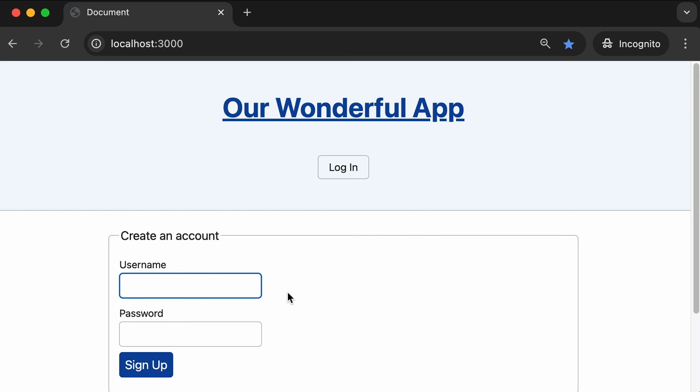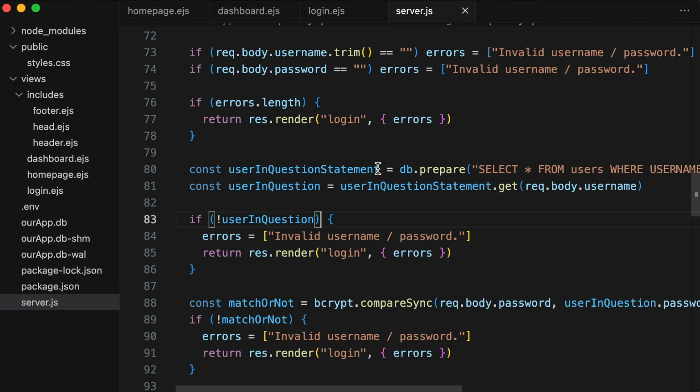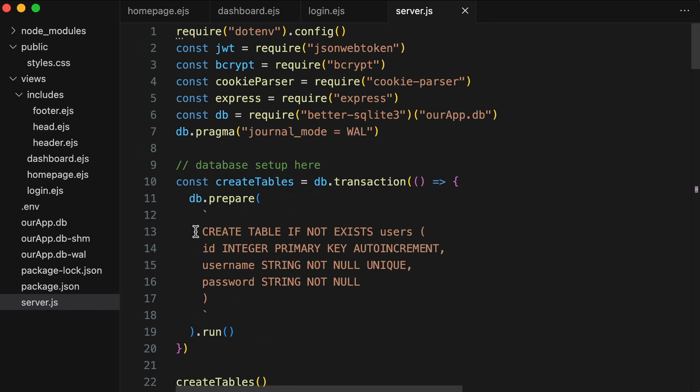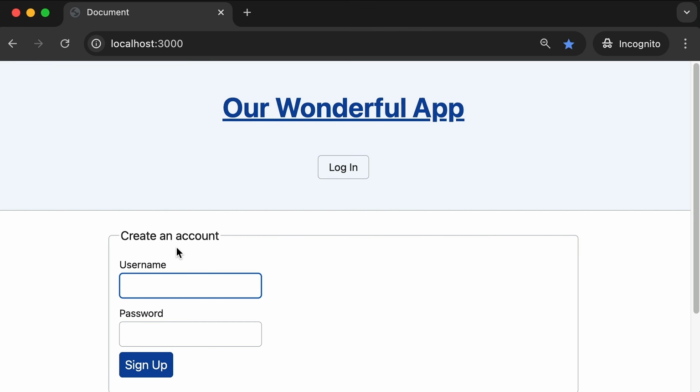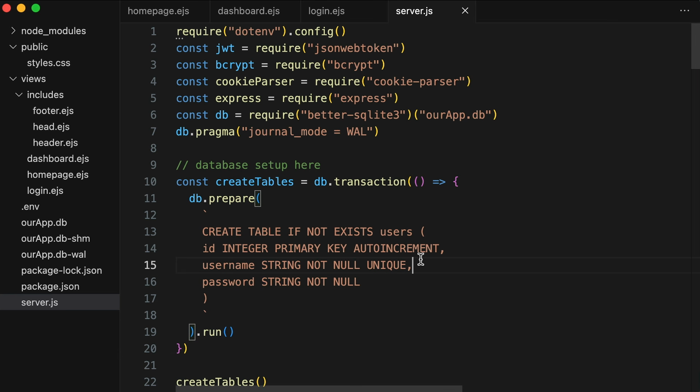Now, I realize we have that constraint already hard-coded in our database, right? Like if you go up to the very top of our file, we're saying that username must be unique, but I don't want the user to see a SQLite error message. I want them to see just our little flash message right here. So here's what I would do. Let's find our register post handler in server.js. So if I Control F for